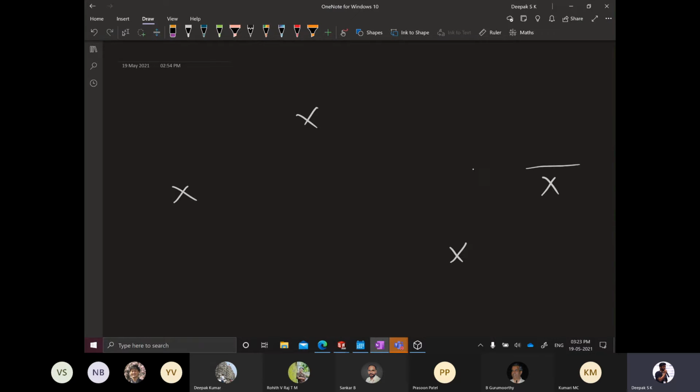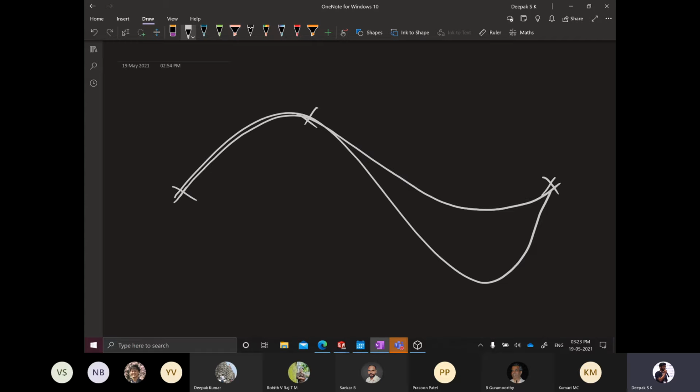So let's say there are 4 points like this, and these are the 4 cloud points, and the curve which passes through them is this. What happens in simplification is it basically reduces the number of cloud points. So imagine that one point is getting deleted here. The curve will no longer be like this, but it will be something like this. So now you can see that this dip has gone and the entire curve is simplified.